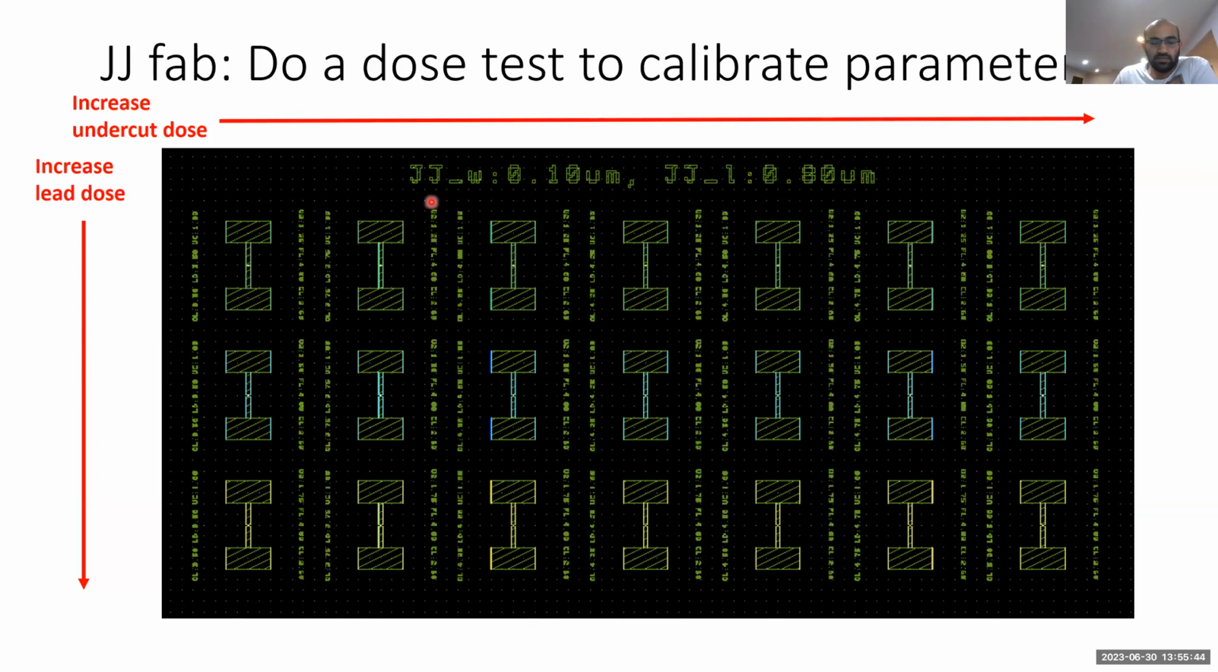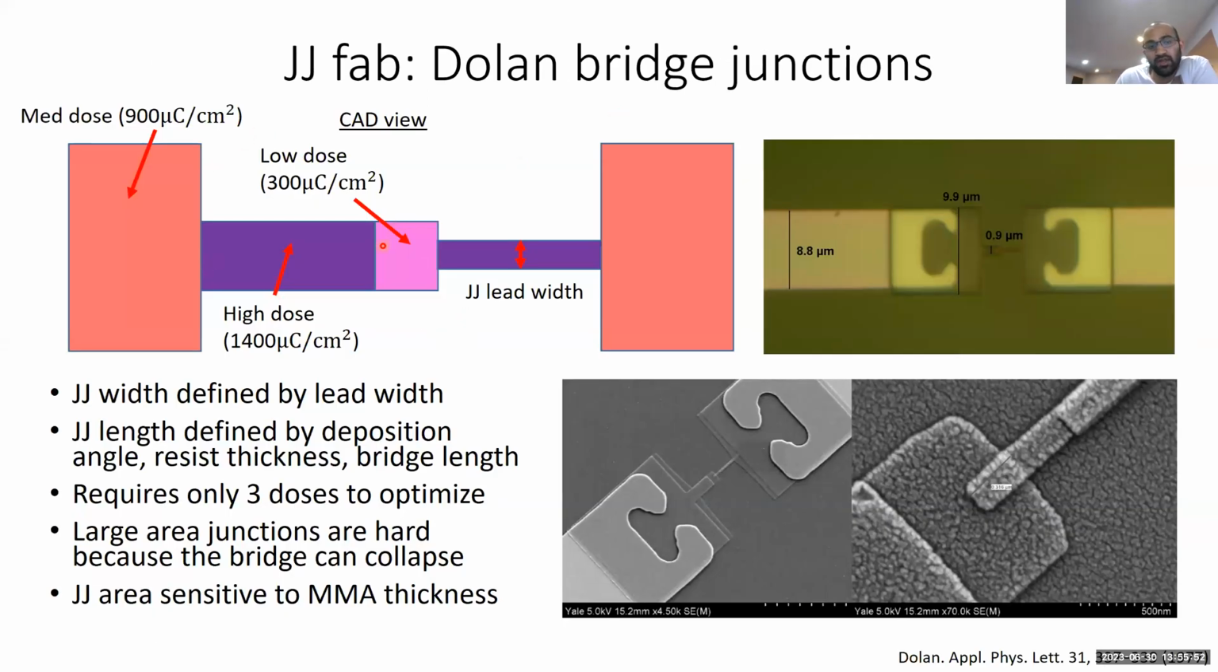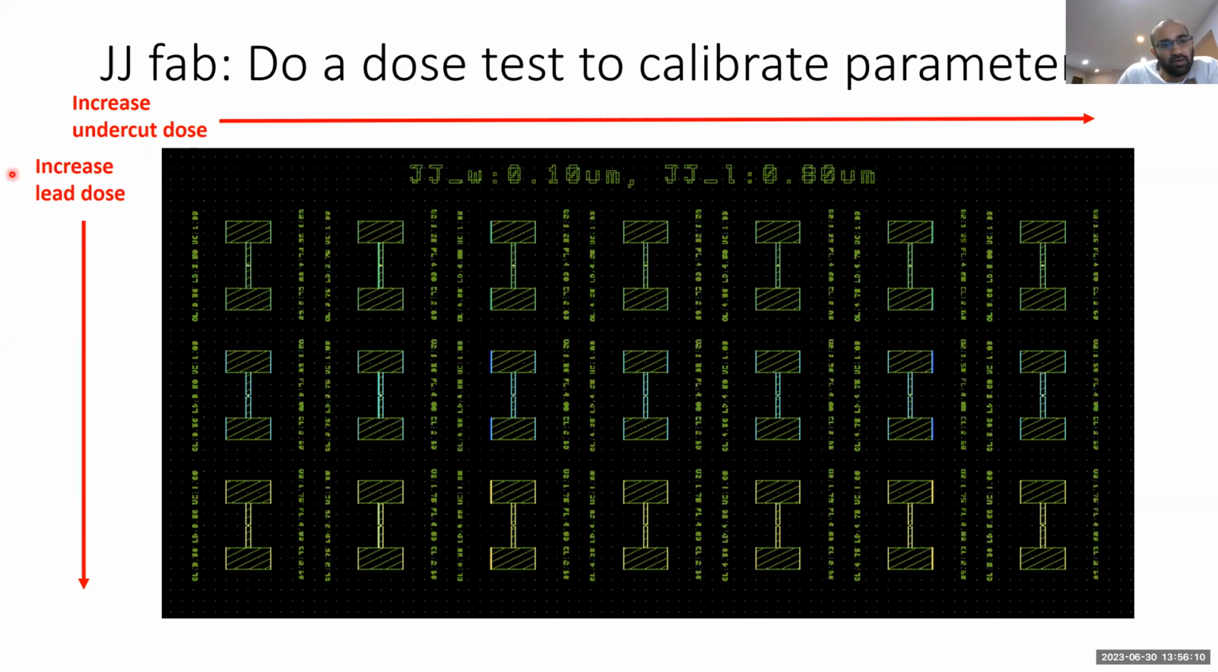So you want to do a dose test in order to calibrate how much dose you actually need. These are the doses that I use, but they are very specific and can change depending on the choice of substrate, the thickness of resist, and basically all those parameters. To calibrate that, you make a dose array where you vary the dose along each axis of the array. Once you make all these junctions, you can probe them and search for a range in which you have a stable, repeatable